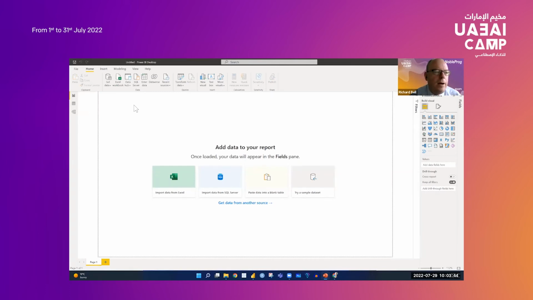Okay. What we do to be able to connect to data is you come up within the report area and you can click on Get Data. All right, and when I do that,